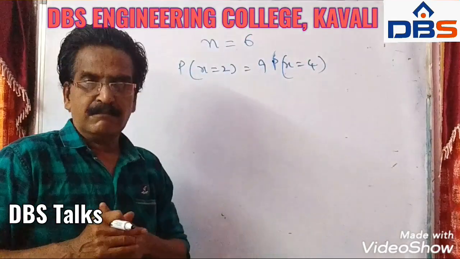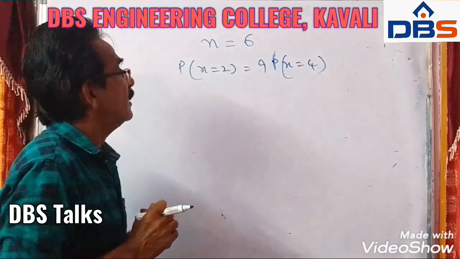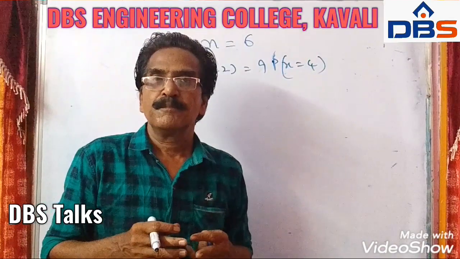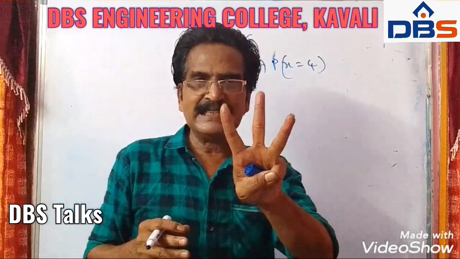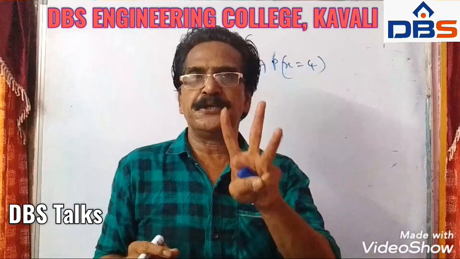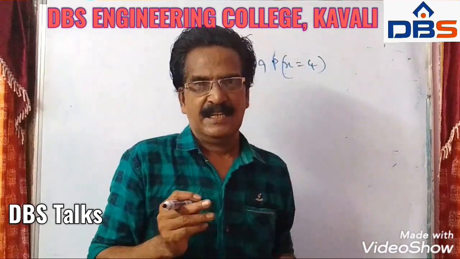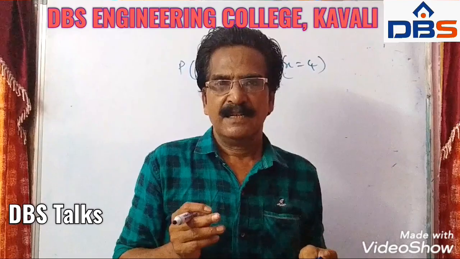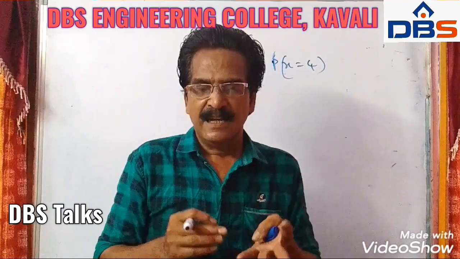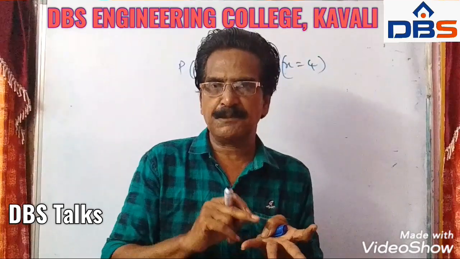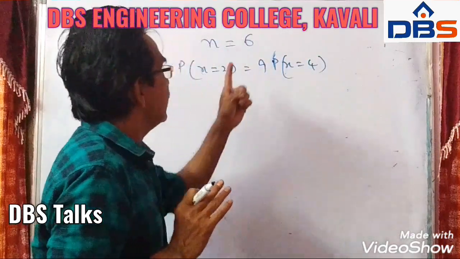N is given, and to find P and Q, we need three things, friends. In binomial distribution, we need three things: n, the number of tries, p, the probability of success, and q, the probability of failure. N is given,